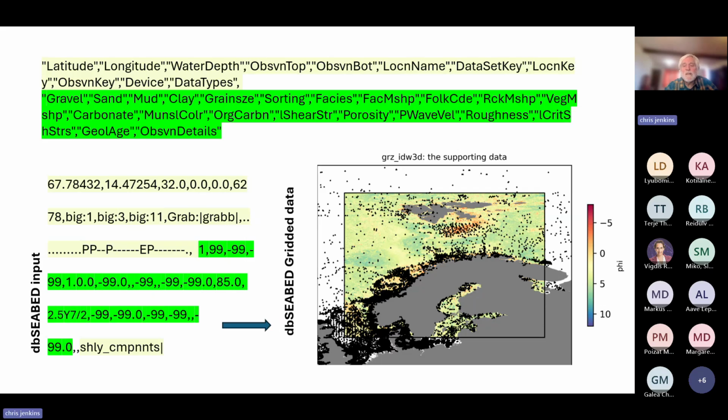So this is eminently plottable in GIS, and it goes great into numerical models, and it goes great into interpolation models. And you can see on the side there that this is the end result from the current dbSEABED mapping in the Norway area. And it's showing phi grain size interpolated across the map. And then the distribution of samples, including the NGU. So you can see why I'm grateful to NGU. The coverage for Norway is now very, very strong in combination between NGU and the already existing dbSEABED data. So thanks, guys.